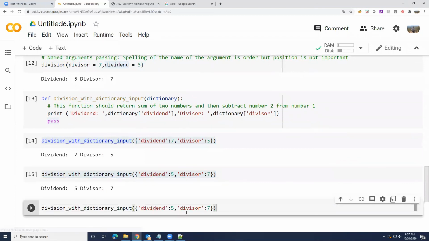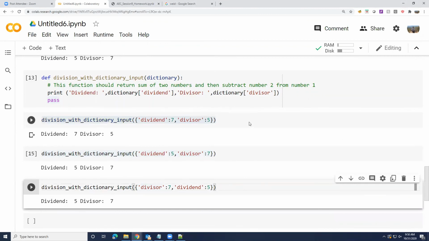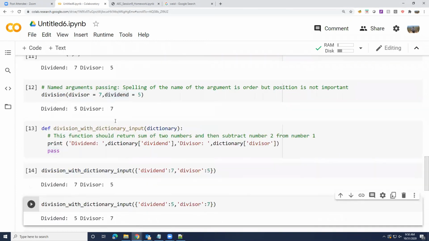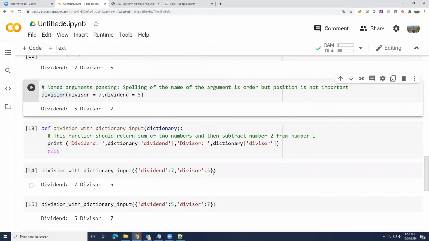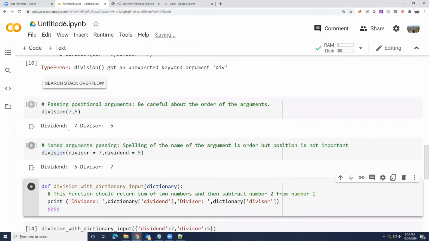If I change the order of elements within the dictionary, should it change anything? Any guesses what would happen if I change the order of elements inside the dictionary like this? Would it matter? Nothing, no change, absolutely. So it prints exactly the same thing. Okay, so this is a third way of passing inputs to a function. Again, no difference really. The only difference is in how they become usable as we go forward. In this simple example, passing a dictionary is an overkill. But we'll look at examples where this becomes meaningful in a short while.